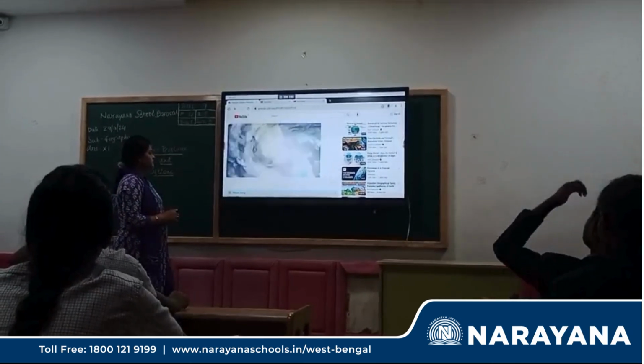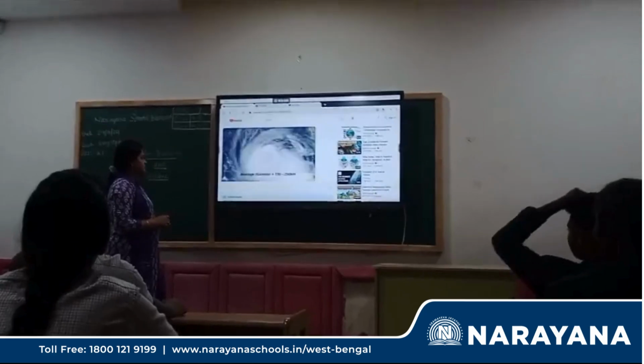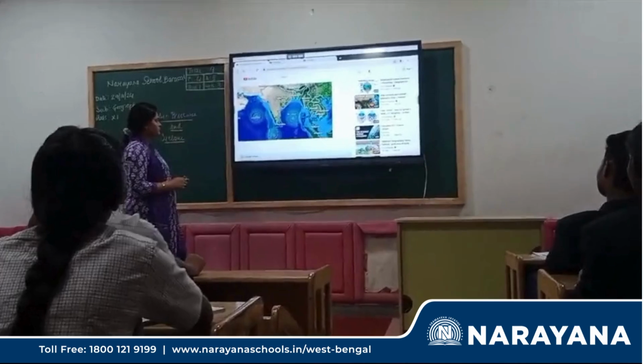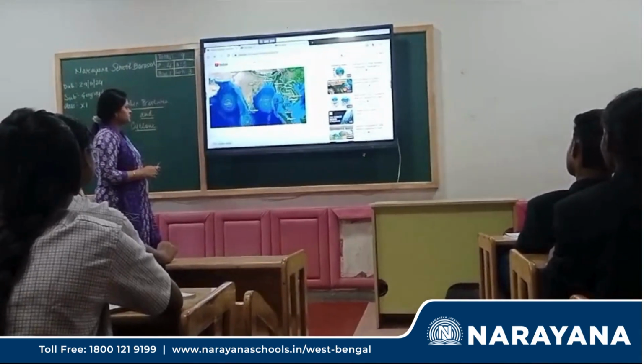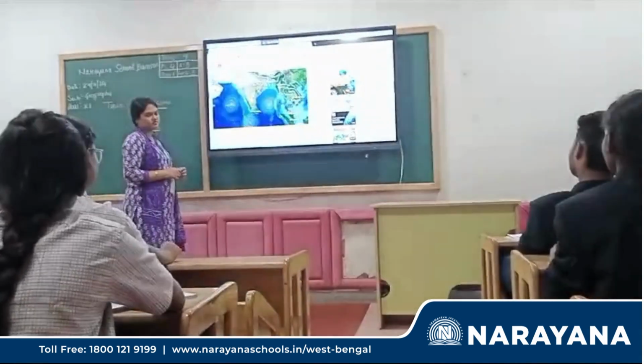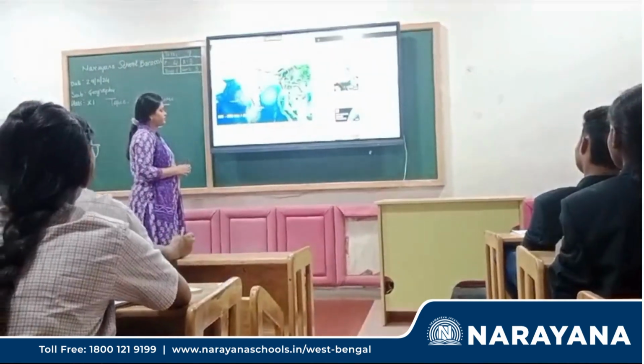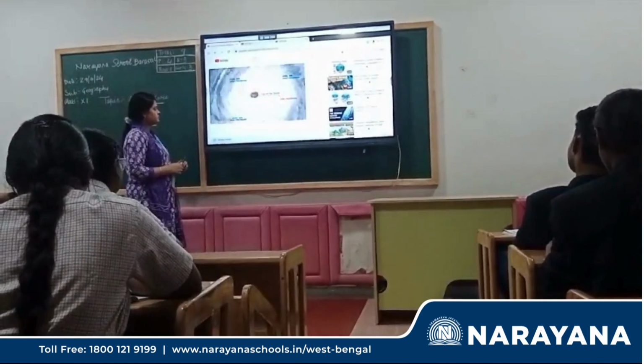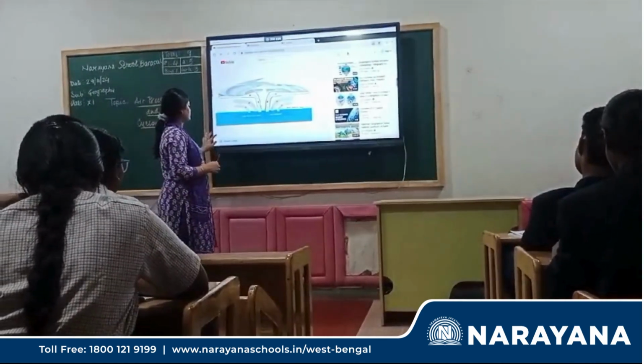The average diameter of a circulating tropical cyclone can vary between 150 and 250 kilometers. However, the diameter of the storm over the Bay of Bengal, Arabian Sea, and Indian Ocean is between 600 to 1200 kilometers. And these cyclones move slowly at a speed of about 300 to 500 kilometers per day. So far, we have seen the top view of a tropical cyclone, and this is what it looks like vertically. This is the eye of the